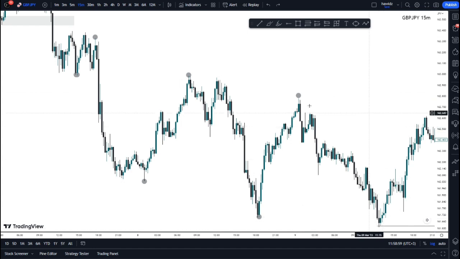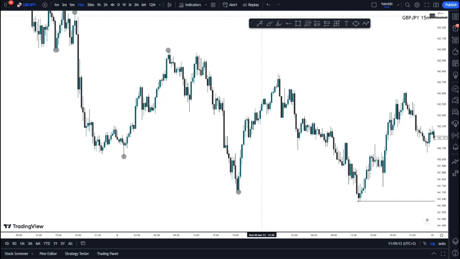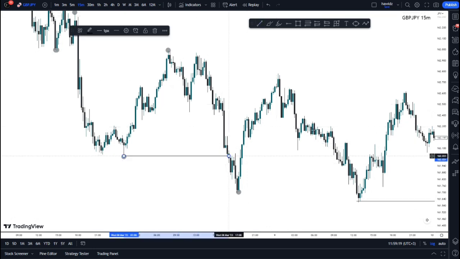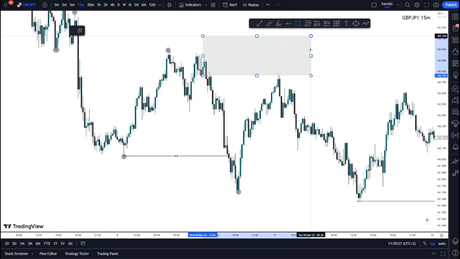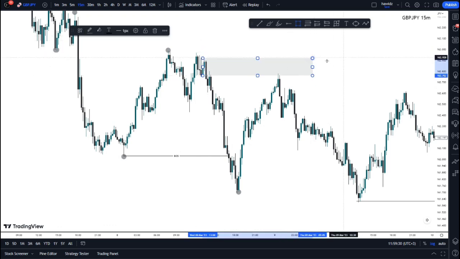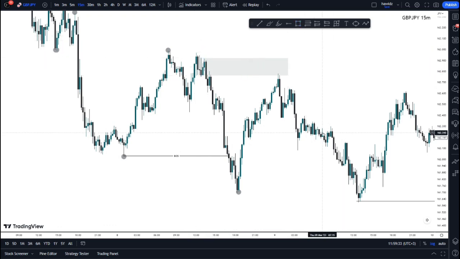Now forget these final two. Let's just say we're at this level here, and we want to see price go up into an area of demand for mitigation, and then from there go bearish again and target this overall low as our next liquidity run. So we're going to have this here as our break of structure bearish, and from that break of structure bearish, we want to see price retrace into our area of supply, right here. This is our area of supply which we want to see price retrace to, and then from there we can now target this low here